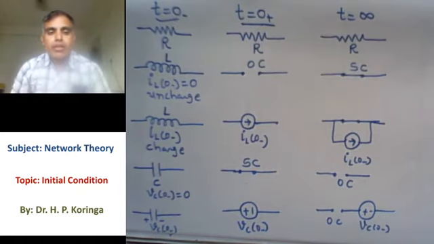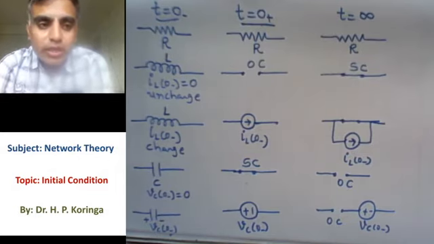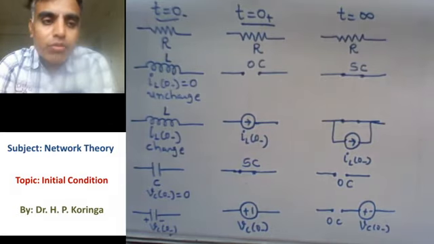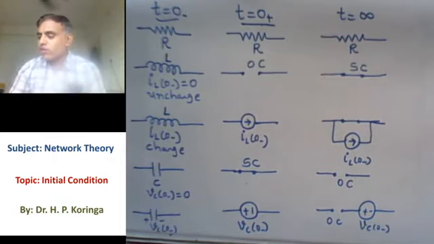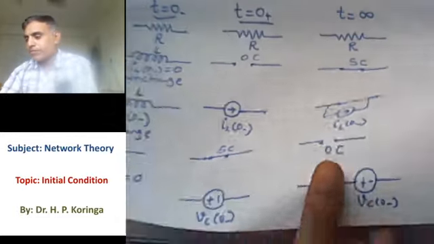So these are the fundamentals you have to be clear about in mind to solve any initial condition problems. If you can solve the initial conditions correctly, then you can solve the RC or the RLC network. It is required to solve the RLC network. We require the initial condition values to solve the complete solution of i(t) or v(t), right? So you have to keep these things in mind.